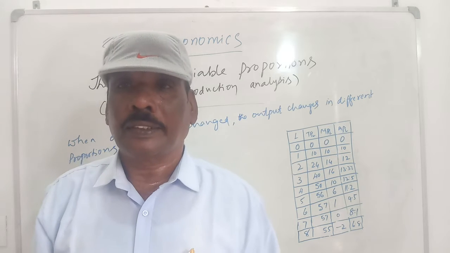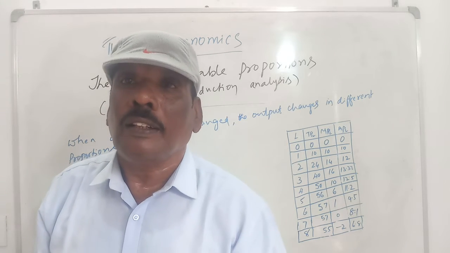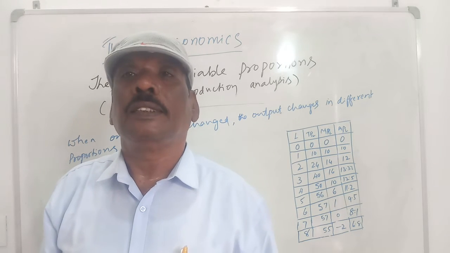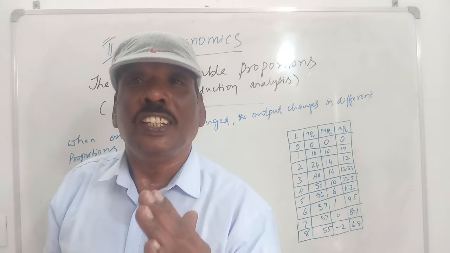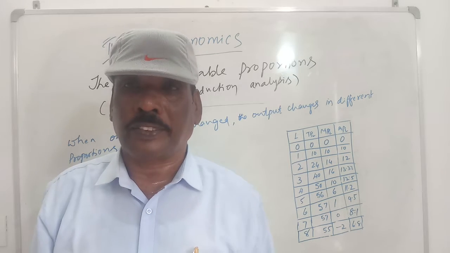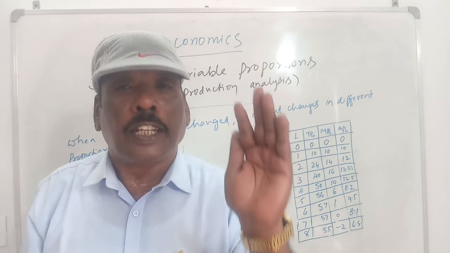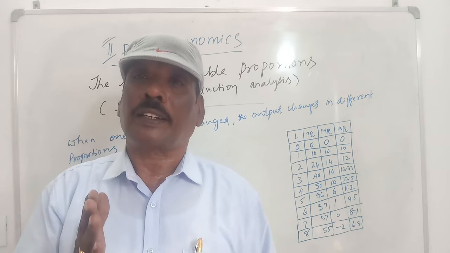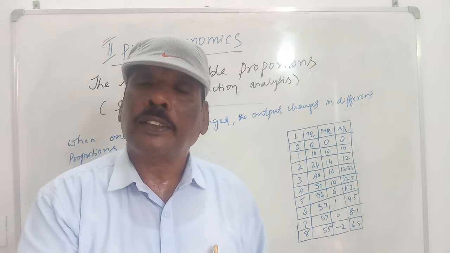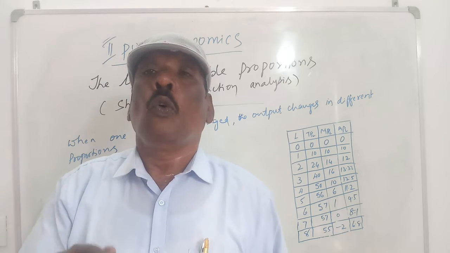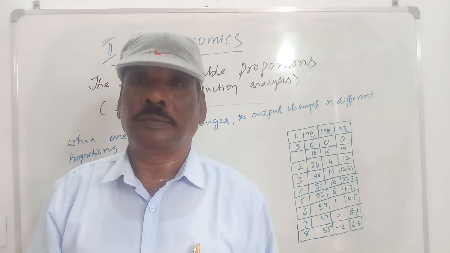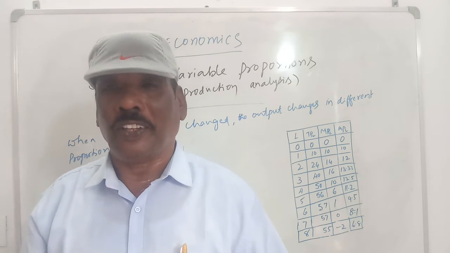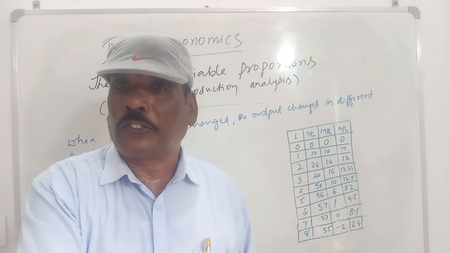In the short period, all cannot be changed all of a sudden. Some have to be kept constant and some have to be changed. And these factors are called variable factors. And some factors which are kept constant are called fixed factors. So in the short run, we see fixed factors and variable factors, whereas in the long run, all the factors, say capital and labor, are variables. There's no question of fixed factor or